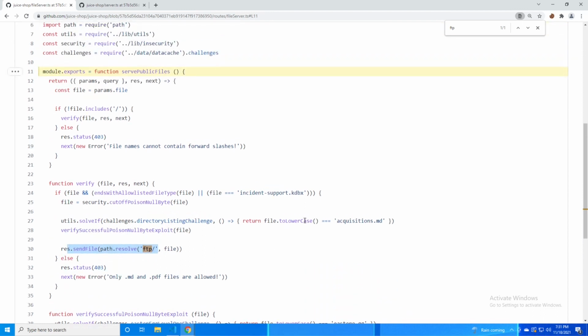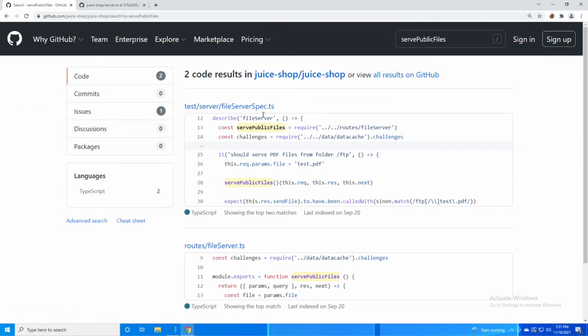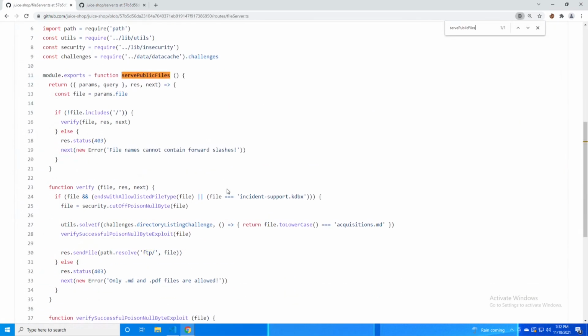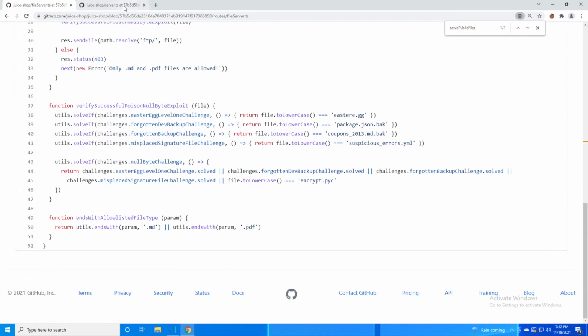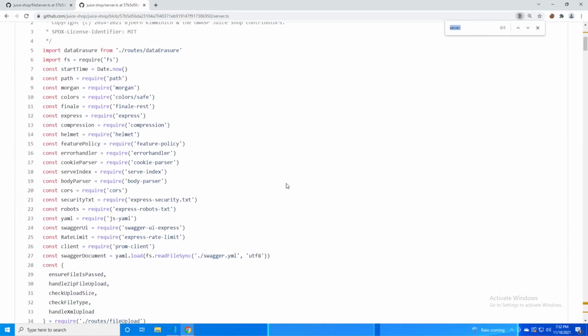What's important to call out here is that when the path gets resolved and this endpoint kind of gets invoked, it doesn't really seem to have any kind of middleware. We can try and track down this serve public files function a little bit more. So it's in the test, and it's also in routes. So it seems to just kind of get called. But what we really want to do is to make sure that this particular function may be protecting files if they are sensitive. If we look at the server.ts file, for example, the main entry point for the application,